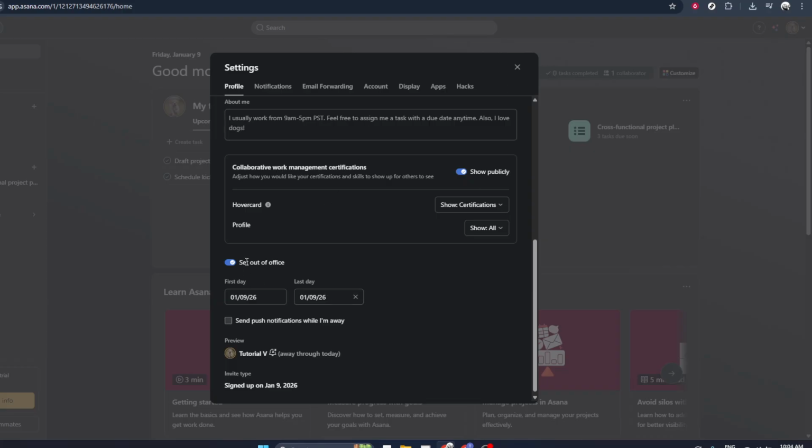Even if you don't see extra fields, simply turning the toggle on is enough to signal that you're not currently available. After you've turned the toggle on and confirmed your settings, you can close the settings window. Your out of office status is now active, and others in your workspace will see that you're away when they